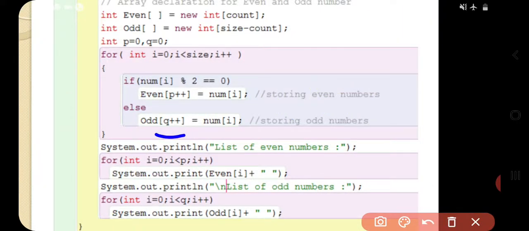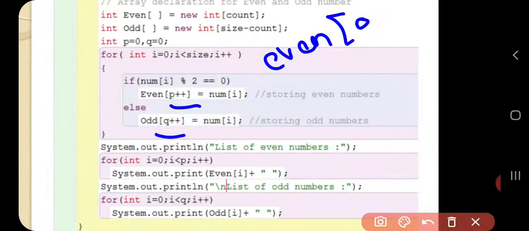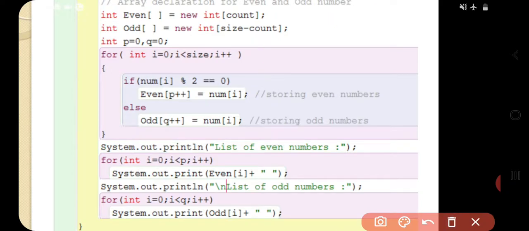These variables I'm using so that I can count and provide one number in an exact position, meaning even 0, sorry, even 0 contains an element, and that element counting should be inside P. And in Q, odd counting, I'm using postfix.